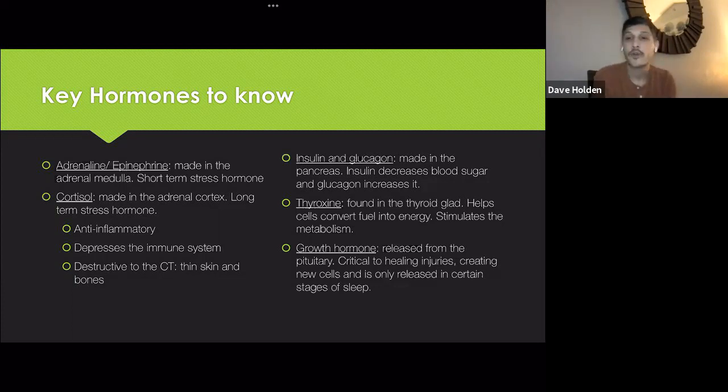And finally, growth hormones. These are produced in the pituitary. Growth hormones, they do exactly what the name would imply. They're used for healing injuries. They obviously grow new cells. And they're only released in certain stages of sleep, which is why teenagers really, really, really need more sleep than